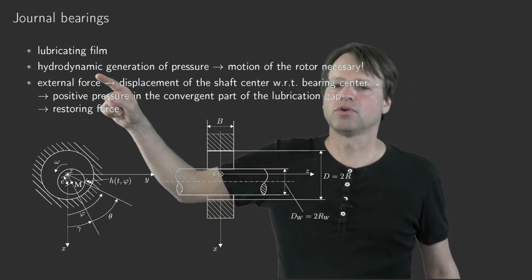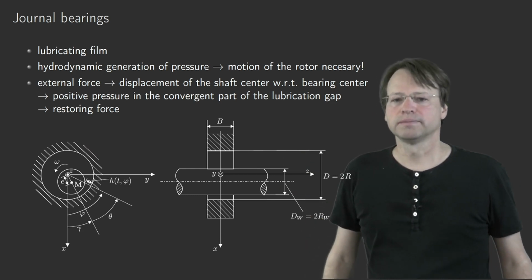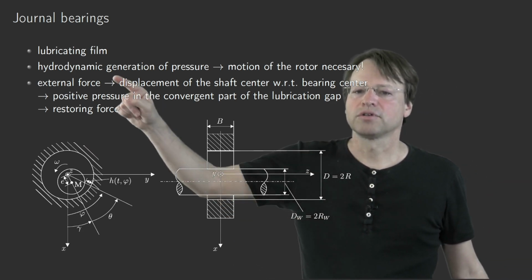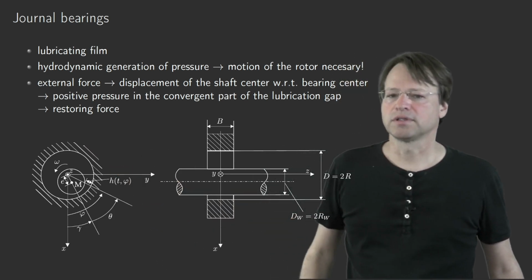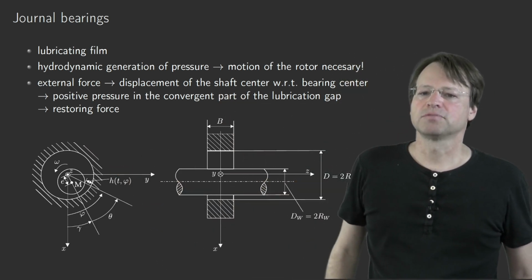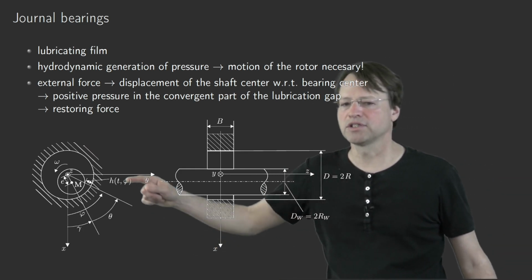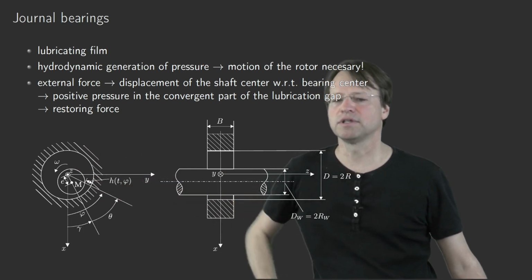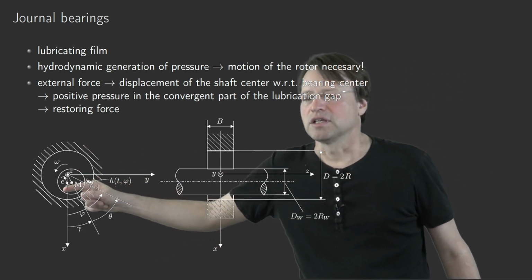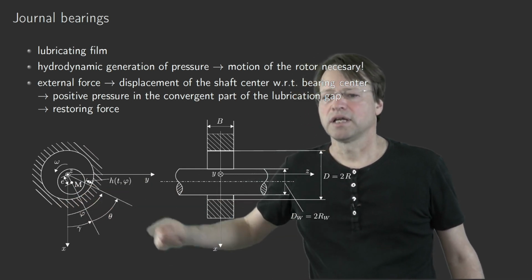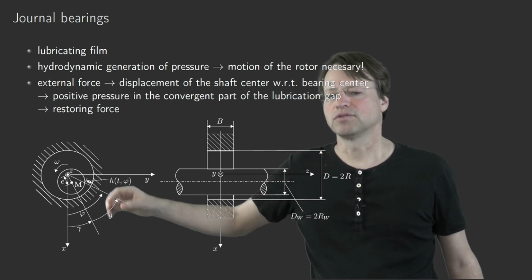There is an external force, for example the dead load of the rotor. Due to that external force, the shaft in the bearing reacts with a displacement. So it is displaced from the shaft center with respect to the bearing center. The shaft center and the bearing center will not be at the same point anymore. Therefore, there is a convergent part and a divergent part in this so-called lubrication gap where it is filled by